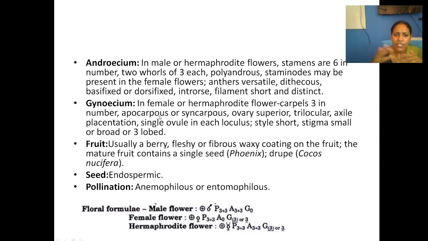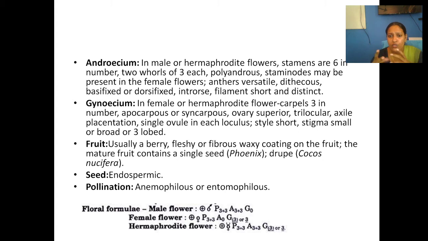And when you talk about the gynoecium, that is tricarpellary. Axile placentation is seen. The stigma will be very short and sometimes 3-lobed. The style is very much reduced, and the carpel number is 3. And the fruit is usually a berry or has a fleshy fibrous coating, that is in coconut and